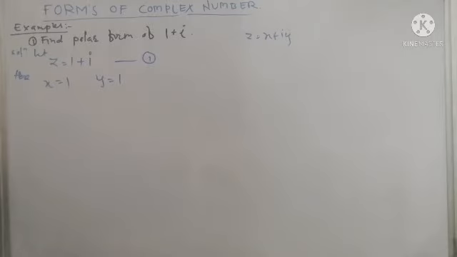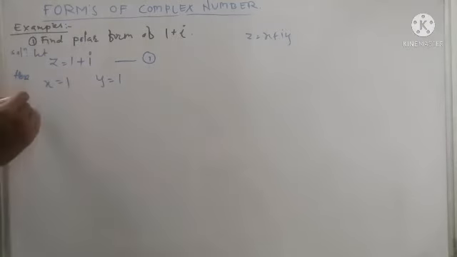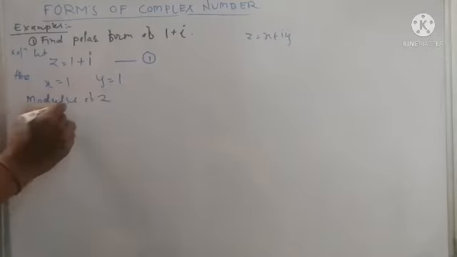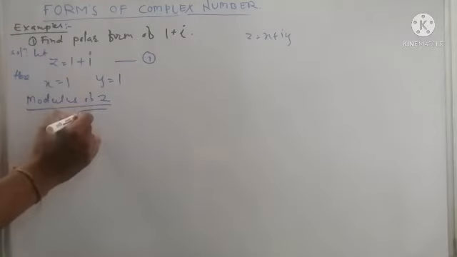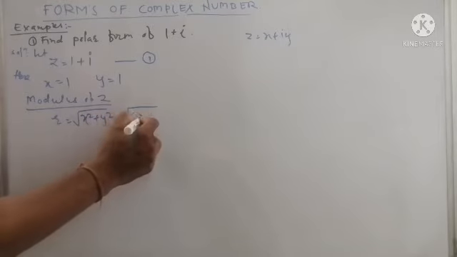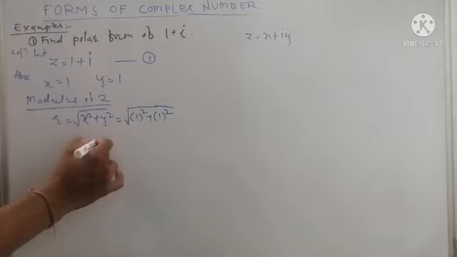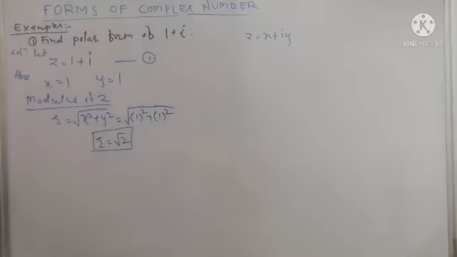So now to find the polar form, as we learn, the polar form of a complex number is in terms of modulus and argument of a given complex number z is equal to x plus iy. So we have to calculate the modulus and argument of the given complex number. Now the modulus of z, as we take it as r, is always in terms of real and imaginary part, the square root of x square plus y square. So remember this formula. By putting the value of x as 1, we get 1 square, plus y as 1, we get 1 square. So by taking addition, we get r is equal to root of 2. So the modulus of the given complex number is here root of 2.